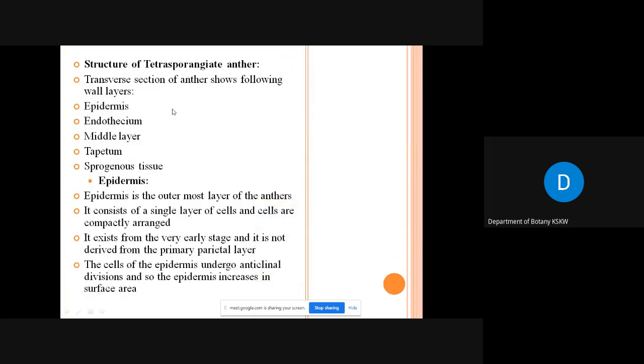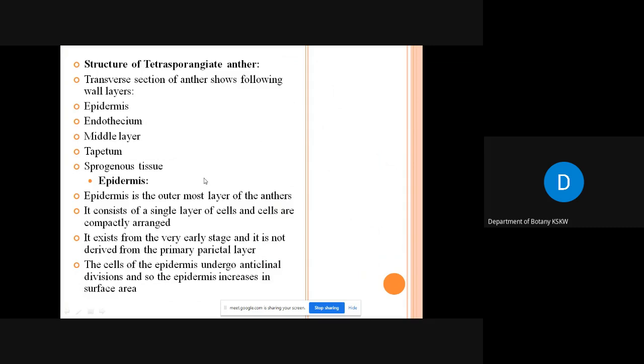Structure of tetrasporangiate anther. If a transverse section of this tetrasporangiate anther is taken, what you observe is the epidermis, endothecium, middle layer, the tapetum, and the sporogenous tissue. From above, first will be the epidermis, which is the outermost layer made up of a single layer of cells